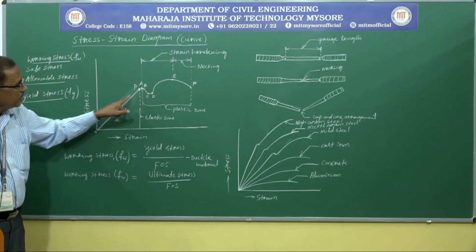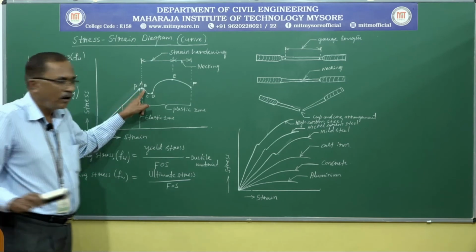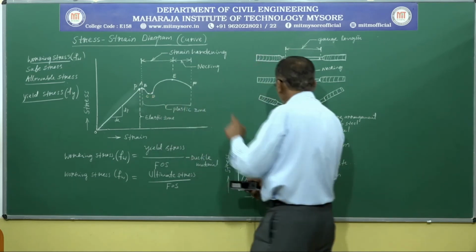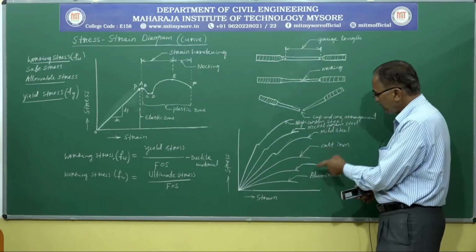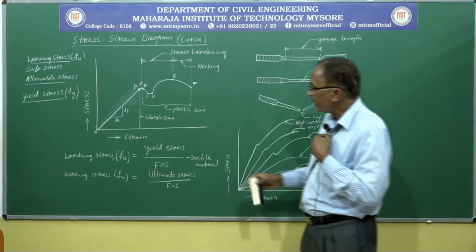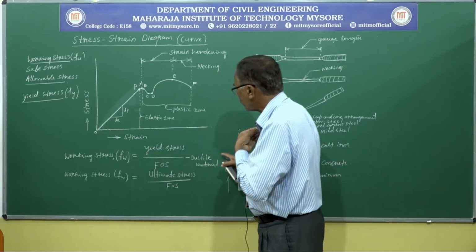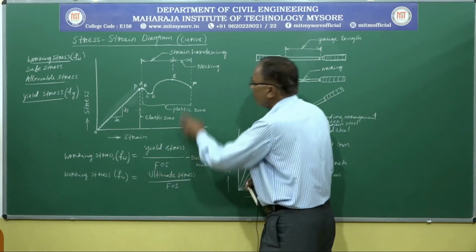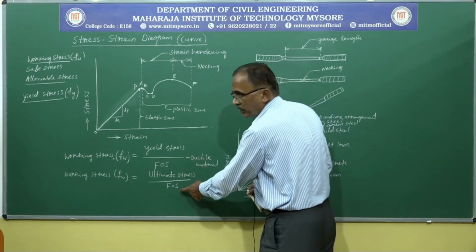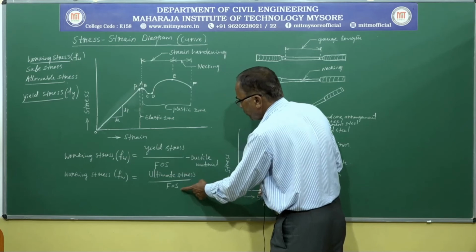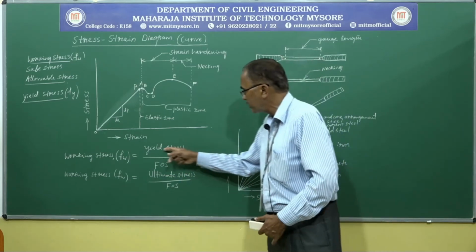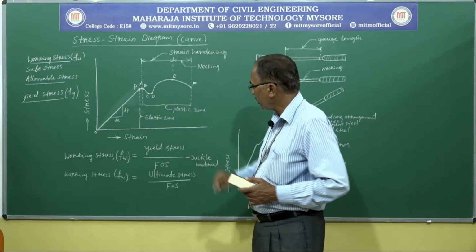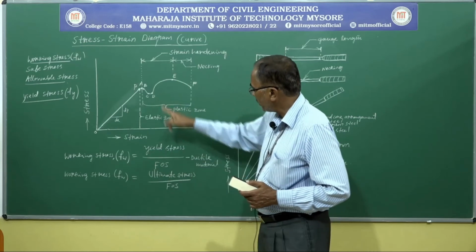This type of stress strain behavior, or in other words, identification of the yield point, is not possible in the case of brittle materials such as cast iron or concrete. There, finding the working stress this way is not possible. Under such circumstances, we use the ultimate stress: working stress is equal to ultimate stress divided by factor of safety. For ductile material, since it is possible to locate the yield point, we can find the working stress by using the yield relation.